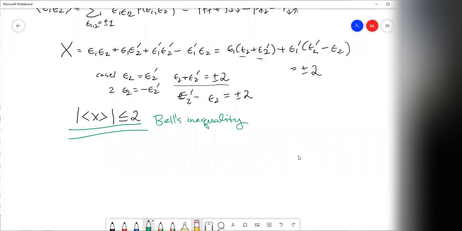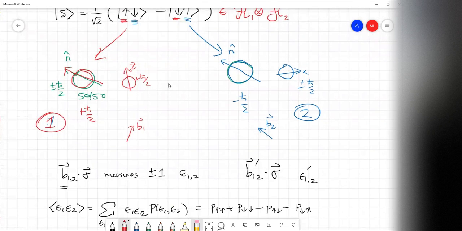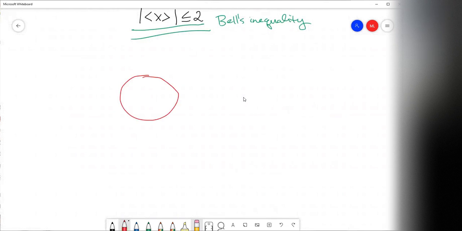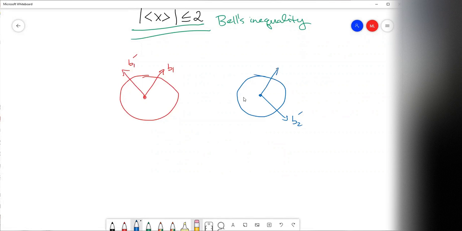And the way, again, I can draw this little pie chart, the way you think about it is these two directions. So you have the red and the blue. You have the red person measuring along two directions, B1 prime and B1, and you have the blue person measuring along some other two directions, B2 prime and B2. And the assumption that's implicit in the construction of this Bell's inequality is that